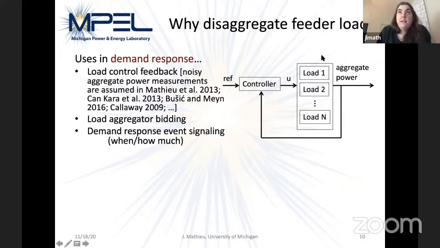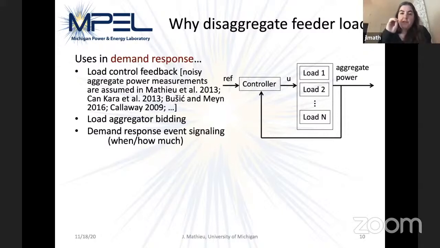And when these loads aren't all in the same part of the network, you might not have a meter that's measuring that. So the brute force way of getting that measurement is to measure the power of every single load you're controlling, send it back up and aggregate it. But that requires a communication infrastructure and a measurement infrastructure that might not already exist, especially if you're controlling a load that isn't already submetered in your system, which is true in some cases for air conditioners.